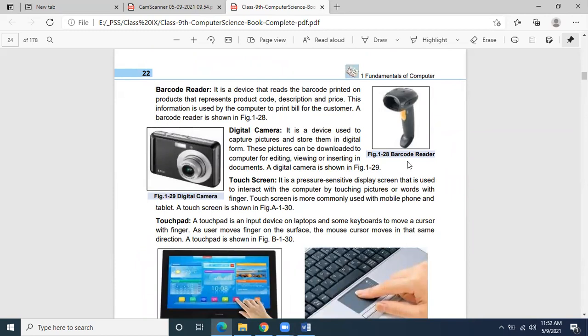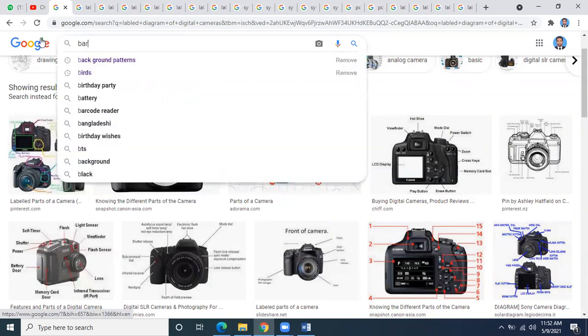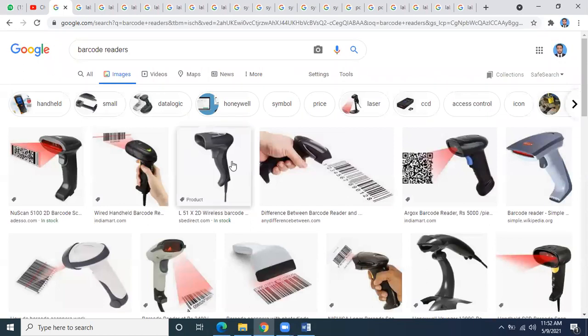Then you would have seen this device, which is basically the barcode reader. You would have seen a barcode reader in supermarkets and inside stores.